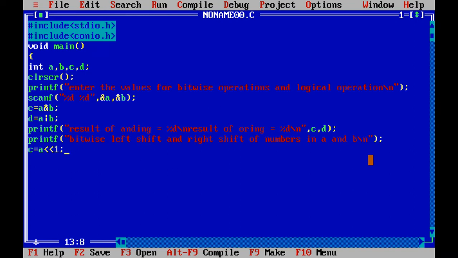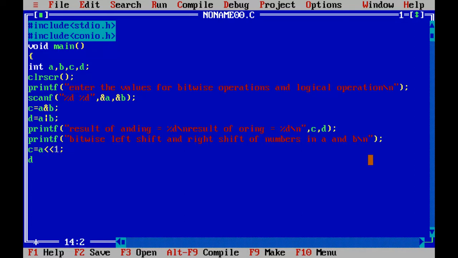If I mention 2, then the binary number in A will be left shifted by 2. So whatever number you mention, that many positions it will shift to the left. So here I'll just put in 1.